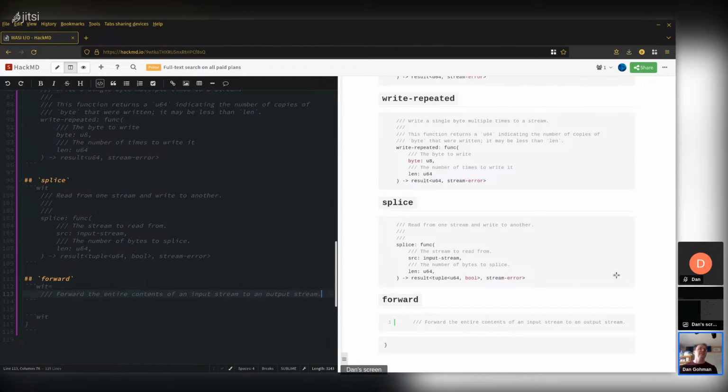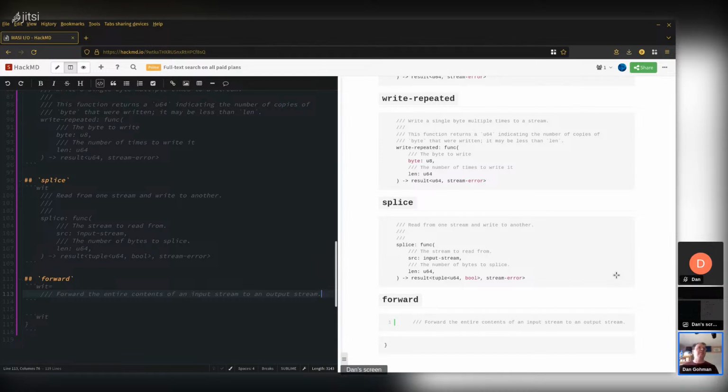I think the splice kind of gives us an answer to that. If you use splice, you sort of imagine the use case of, I want to copy the entire input stream to an output stream. You just have a loop, and you call splice repeatedly. And that means you're basically committed to blocking until that stream is consumed and everything is copied over. With forward, we could do the same thing. It's a little bit more convenient than having to write a loop. Yeah, I think we're just going to say it's going to block.